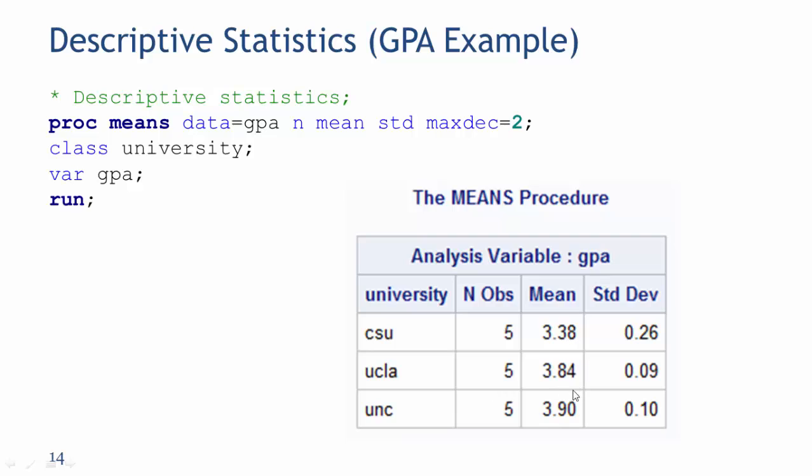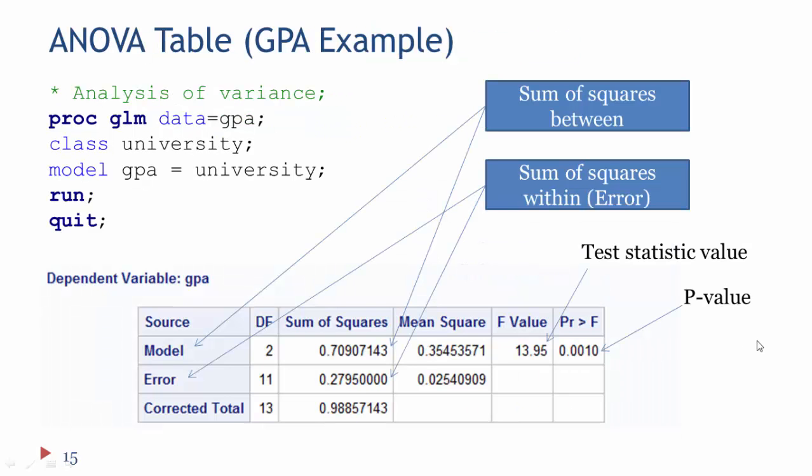Right? From the sample means, we see that there is not much variability between UCLA and UNC, but CSU is kind of different from the rest of the two. So it tells you something, right? That they are not equal. Okay. Again, we are not testing if the sample means are equal, but we are testing if the population means are equal, but we are using sample means for that. Okay, so now we want to carry out the